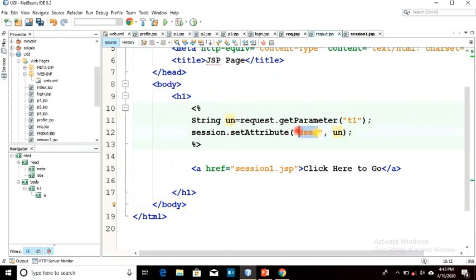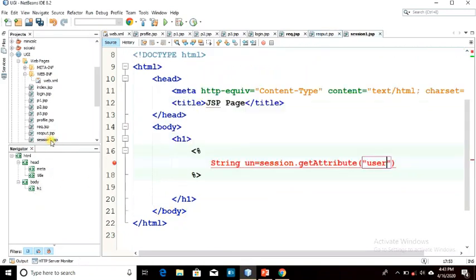Yes, so this is the name of the session variable. So I'm going to fetch the value from the session variable, and now typecast it to the string, and put a semicolon here. So now we have extracted the username of the previous page, and it will be extracted in any pages till the session is active.